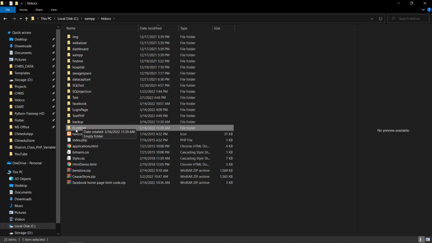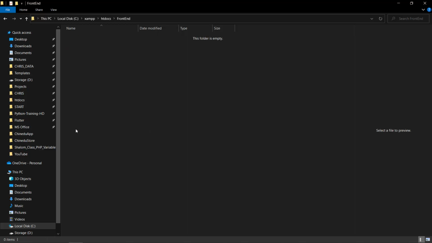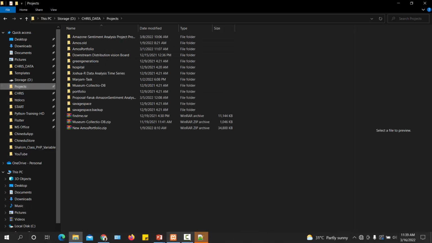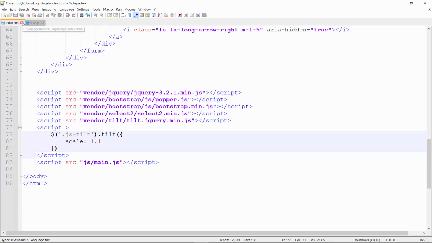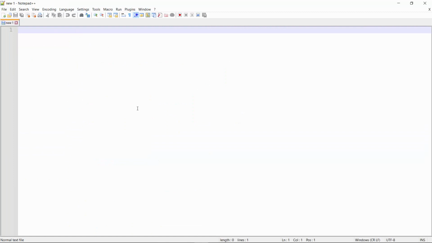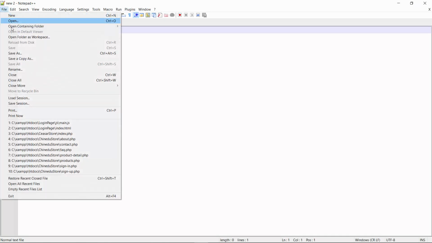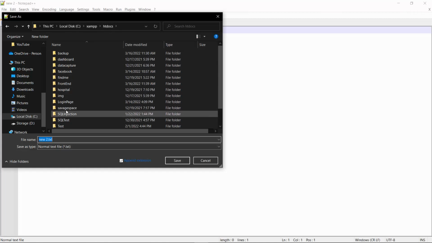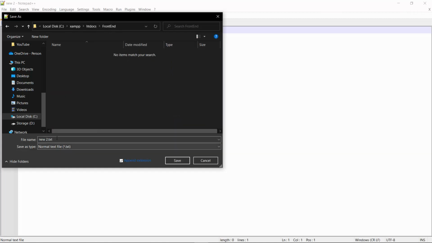This is also a good idea to introduce yourself to hypertext markup language and CSS. So I open up front end, then I go to Notepad++ or VS Code, depending on the editor of your choice. Open it up. So now this is my Notepad++. I create a new file. Then to save the file, I go back to my htdocs, go back to my front end, and then save the file as